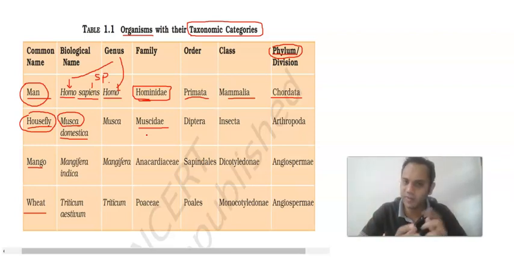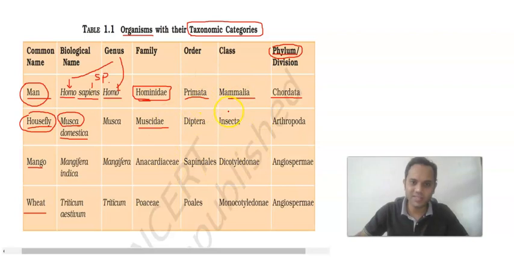Insecta, as we have also seen in the theory, are the organisms with 3 pairs of jointed legs. Insecta belongs to the phylum Arthropoda. Arthropoda show an exoskeleton and segmented bodies. So these are the characteristics based on which this housefly is placed. The concept here is that while doing classification according to the taxonomic hierarchy, we have to place the organisms based on the similarity in their characters.